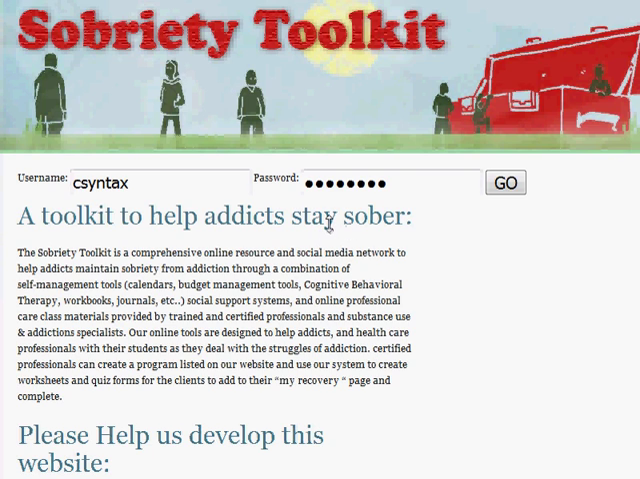Hi, this is a demo of the website sobrietytoolkit.com. It's a website that's being developed, and we have created screenshots of the inner workings of the website. And I'd like to quickly go over the features of this site and why it's unique to the internet and